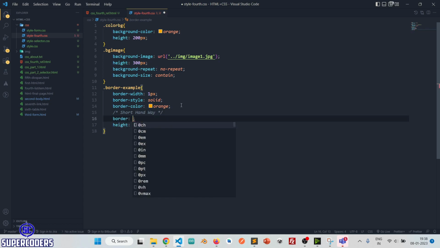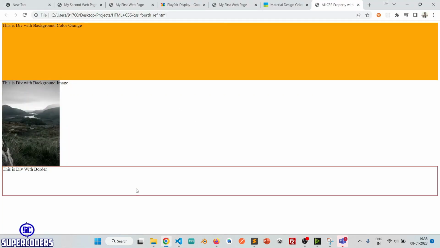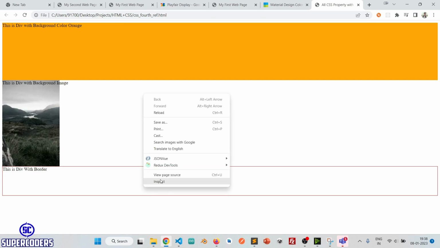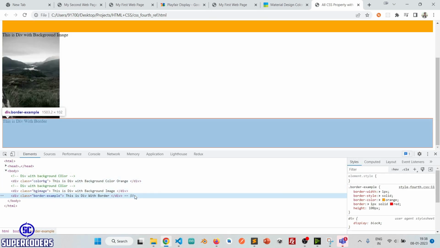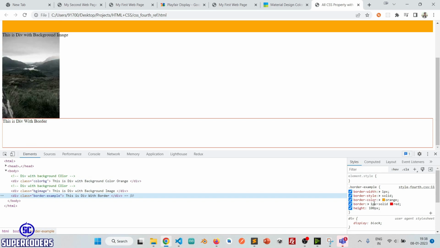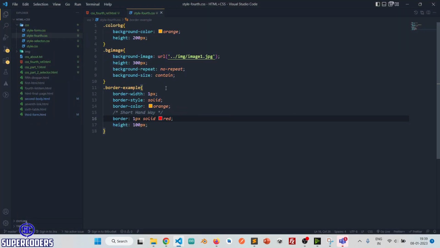Just writing border. Then first we need to pass width, so 1 pixel. Then solid, is style. Then our color. Save it, refresh, and you can see all the things has been overwritten. You can see it gets overridden by other things. You can see this gets overridden by this. So these things combined, you can create a single way,